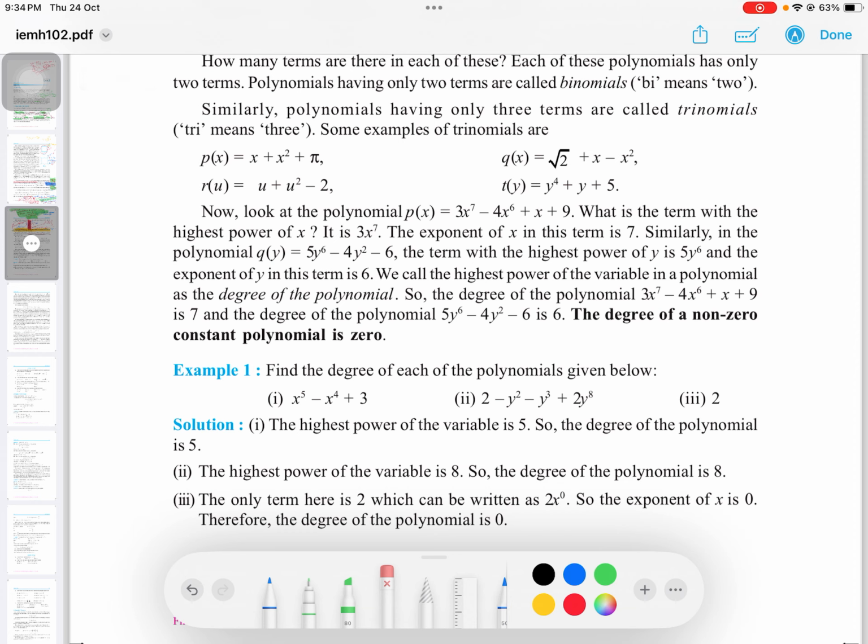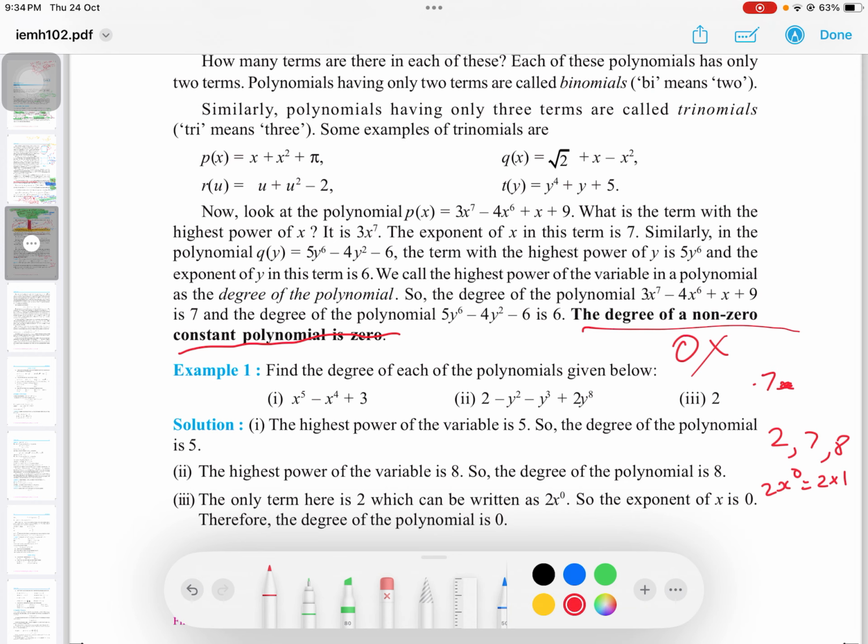we are going to look at another case here. The degree of a non-zero constant polynomial is 0. Non-zero means it cannot be 0, it has to be 7 or any other number. Let's take -7. The degree of a constant polynomial, that is 2, 7, 8, what is its degree? Obviously 0 because